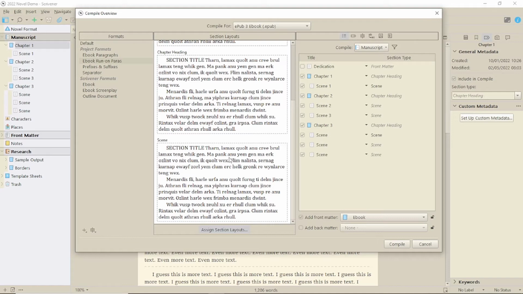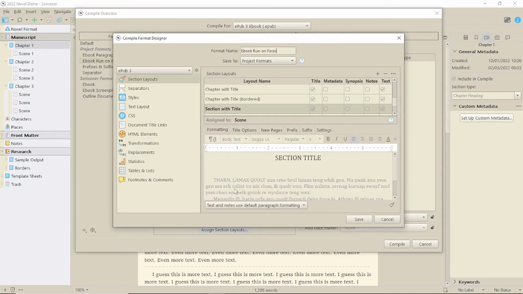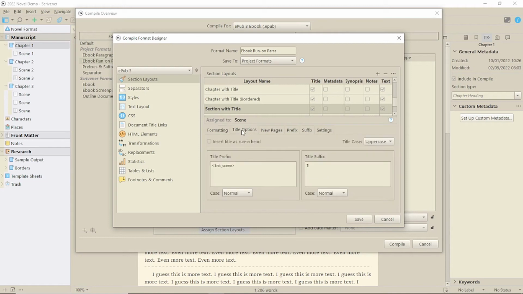Now this seems to work consistently on Word formats, but not so much on ebook formats. However, it does work on this one for a subheading. I suspect this is to do with general ebook formatting and the default elements required. You may have to have a separated title after a page break, for example, so choose your section layouts carefully if you want to do this.